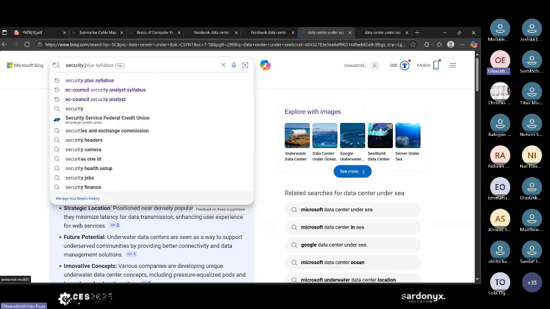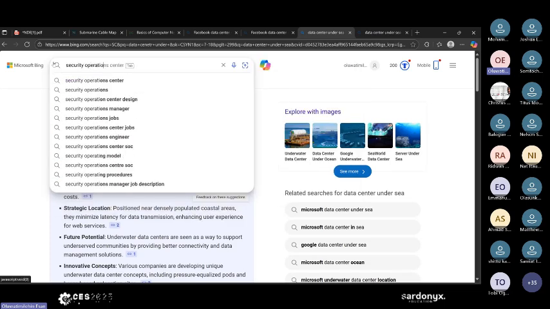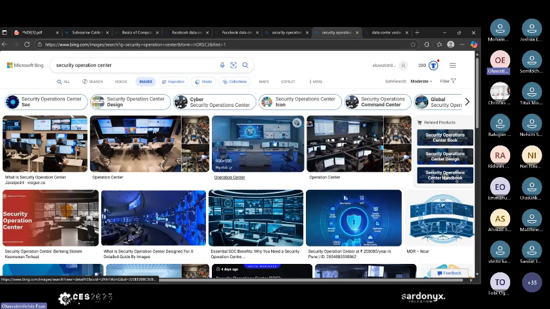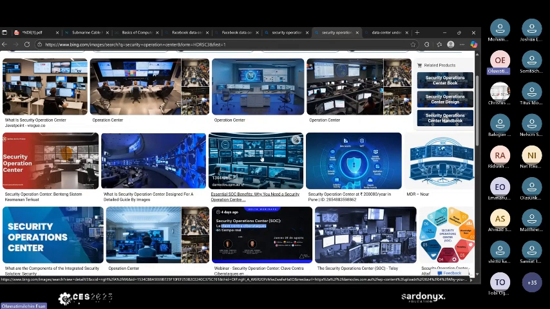Security operations center. So some of you are starting to have an idea of where you want to work and the kind of career path you want to take. So this is how a SOC looks like, can you see? You also have dashboards. You have 3 different kinds of dashboards, but it's not compulsory for you now. We have tactical, operational, and strategic dashboards. Some of you have seen these things before. So this is what a SOC looks like.